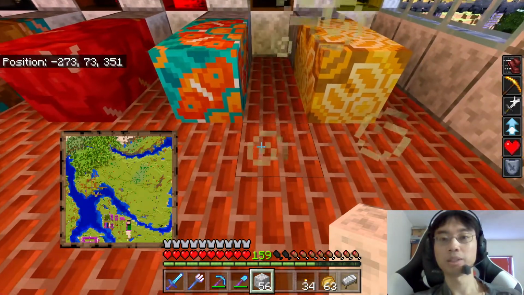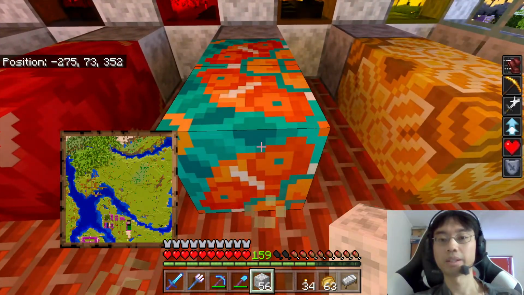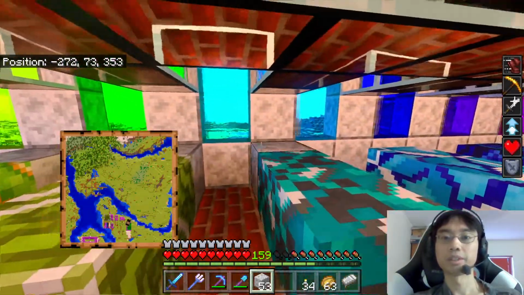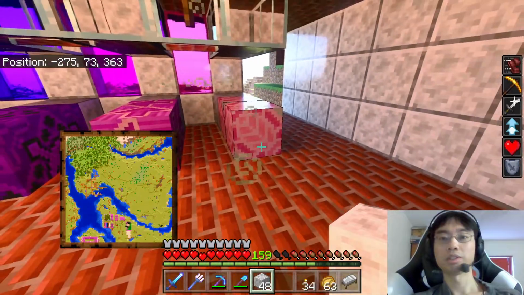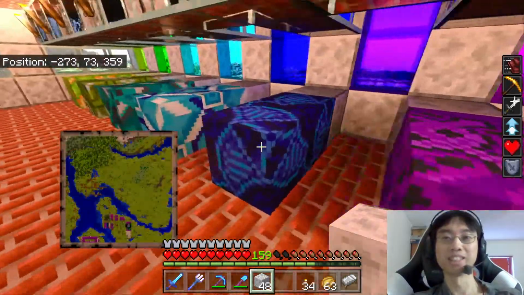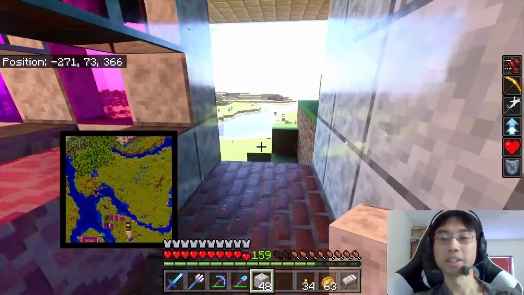So the bed, the space, and then the block. Right. Oh, it is glossy, hold on. Why does it look bad? It's a little bit glossy. Yeah, I don't know. Alright, so...